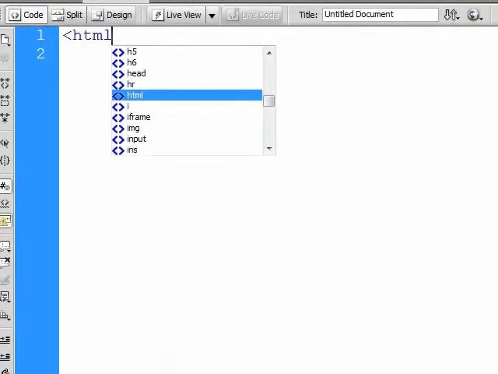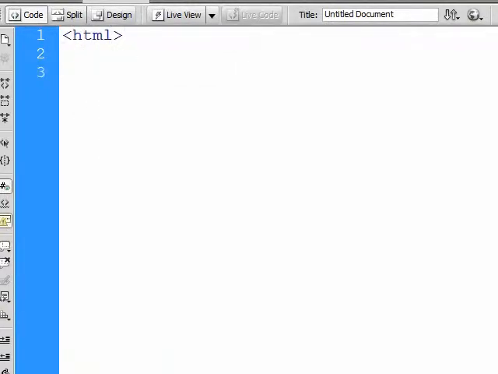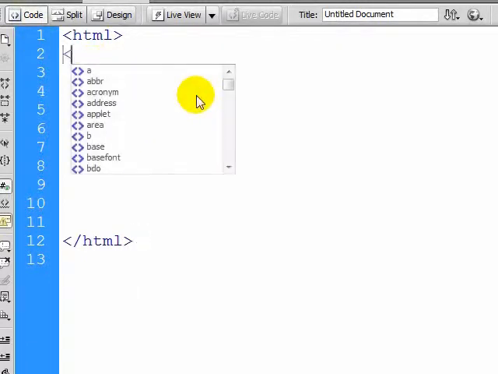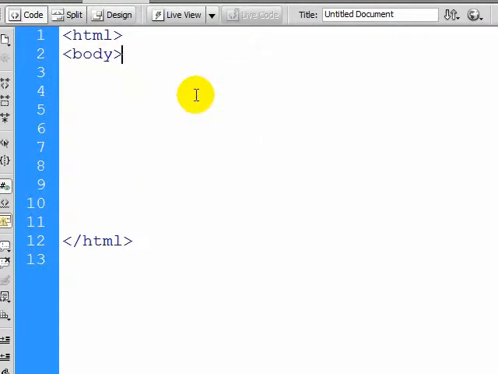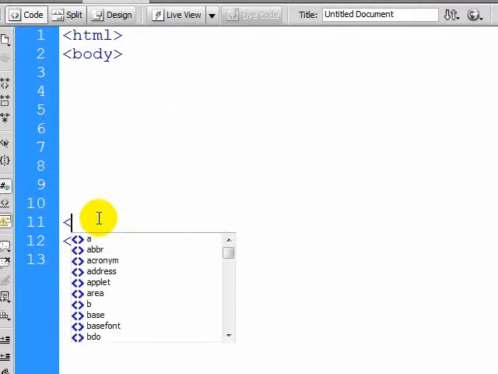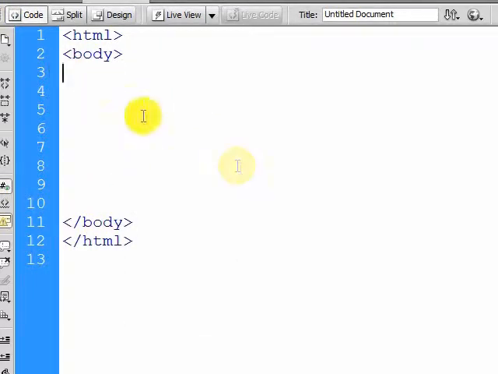If you're watching all my other tutorials and you know what we're about to do, do your basic HTML blocks and come in here, do your body tags. Alright,